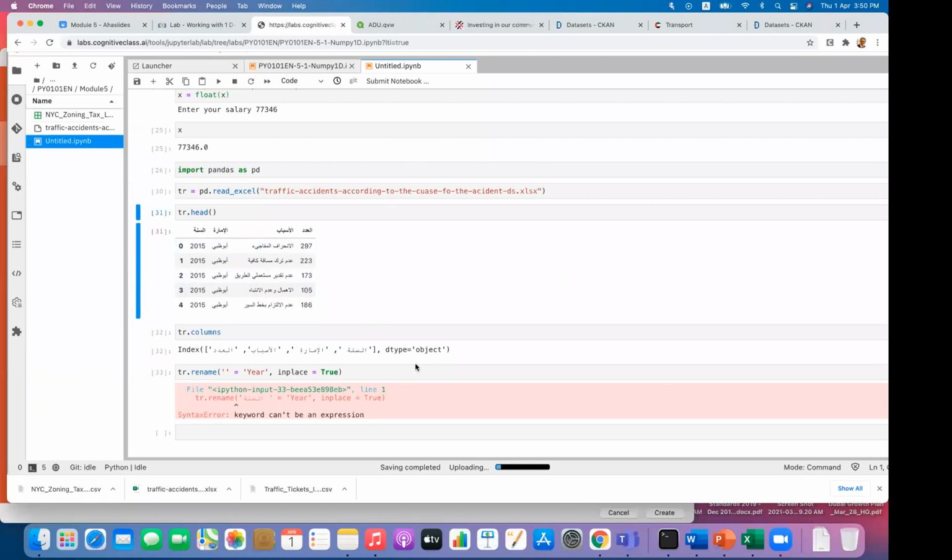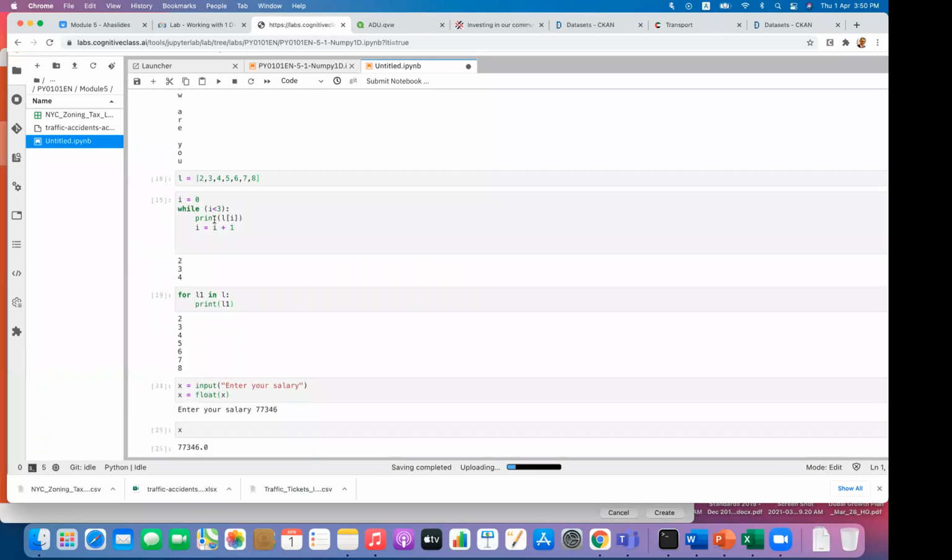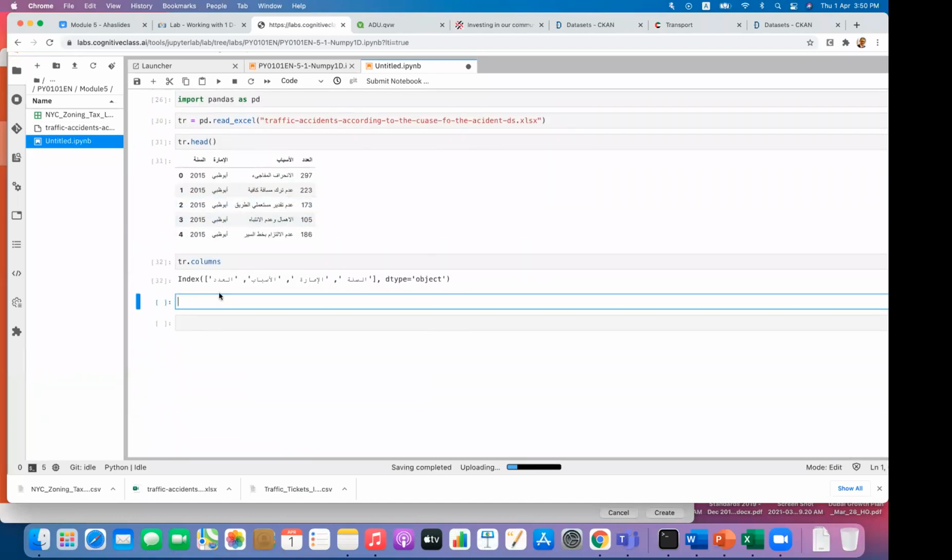Now I will leave all those things we have here as they are. This one I will keep there. Maybe later you want to practice that one, we can practice. Let's have another one. This one is about tax. So we call it tax equal, again, pd.read_csv. And this is the file. The file name is